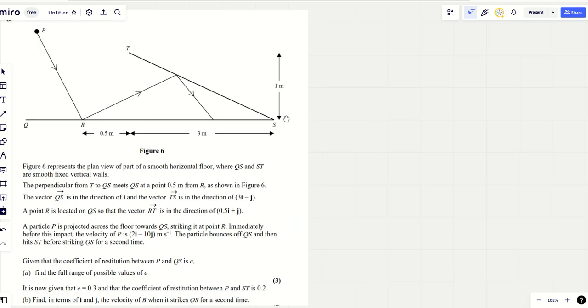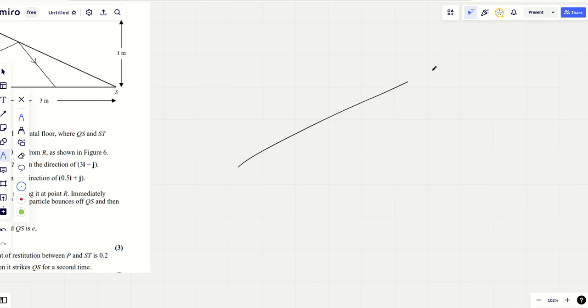Part B's got this classic situation. How many times does this happen in further mechanics, where maybe we know E, maybe we don't? Basically, if it was flat and the vectors were all along this line, then it would be really easy to do, because the component of the speed which is perpendicular to the slope is the only thing affected by E, but the component of the speeds parallel to the slope stay the same. And it's that classic situation of, well, it's not parallel to the vector, and so I've got to flatten it and then rotate it back, or I've got to use that cunning trick with, I think Daniela talked about, minus E,